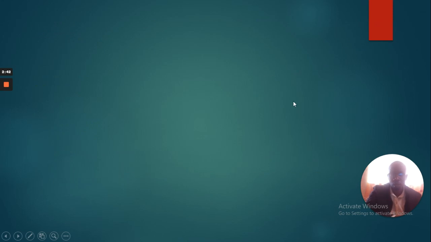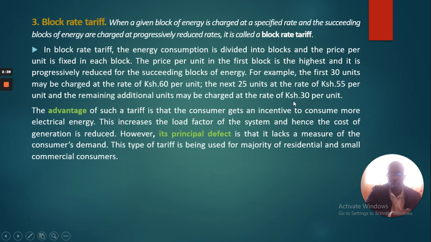Now, the third type of tariff is the block rate tariff. We are saying this: when a given block of energy is charged at a specified rate, and the succeeding blocks of energy are charged at progressively reduced rates, it is what we term the block rate tariff. In block rate tariff, energy consumption is divided into blocks, and the price per unit is fixed in each block. The price per unit in the first block is highest, and it is progressively reduced for the succeeding blocks